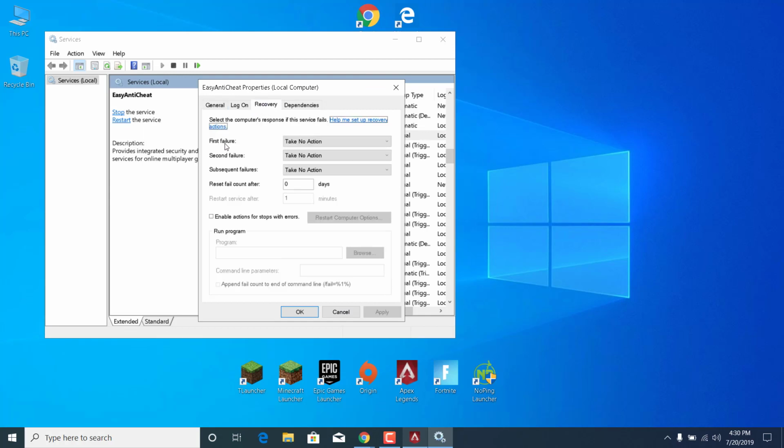and set the first failure to restart the service, set the second failure to restart the service, and set the third one to restart the service. Sorry, this was a mistake. So what you want to do is set them all three to restart the service, and set the reset fail count after 0 days. So make sure that this is 0 in here, and restart service after 1 minute. So make sure that this is a 1. Once you do that, what you want to do is just click on apply, click on OK, and you can